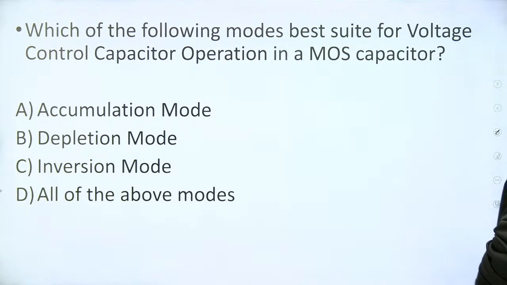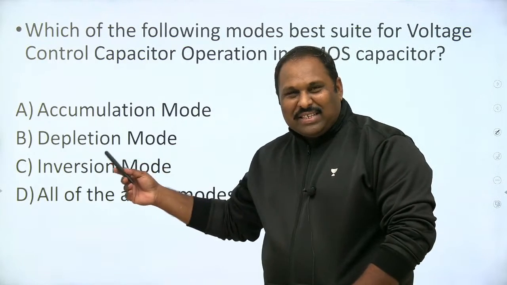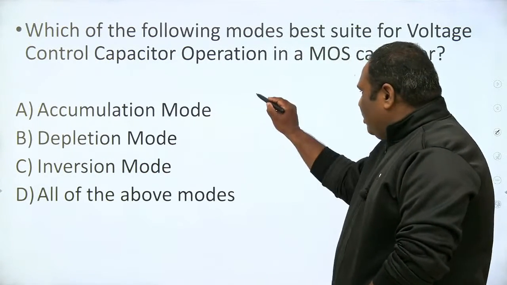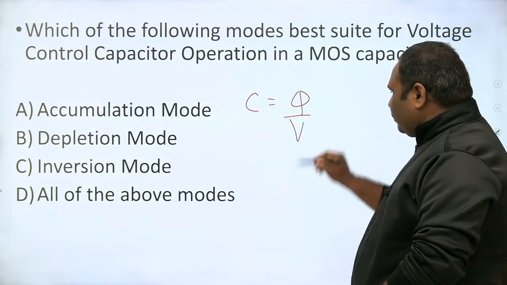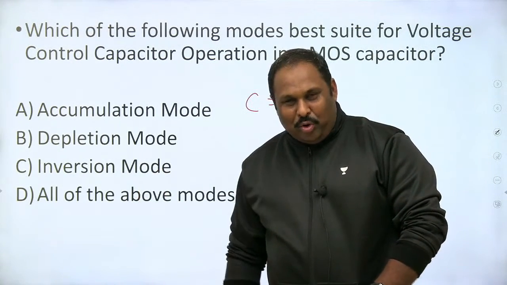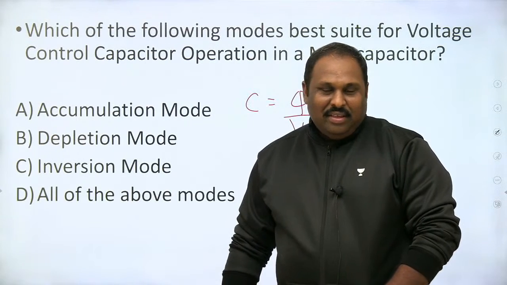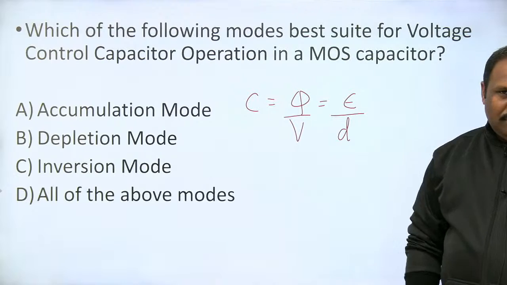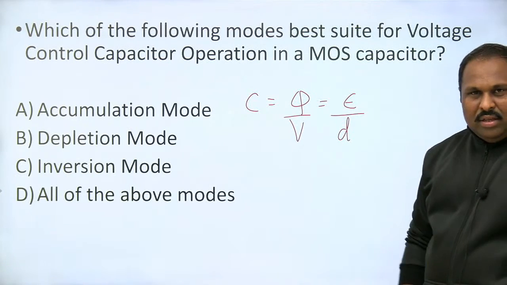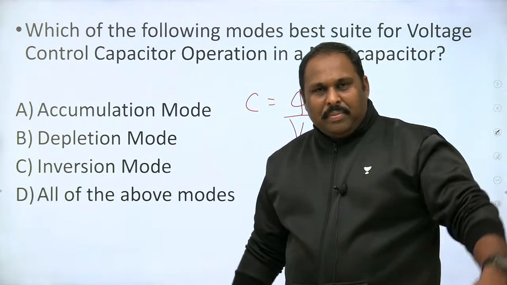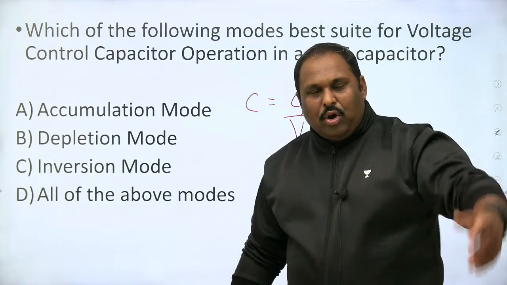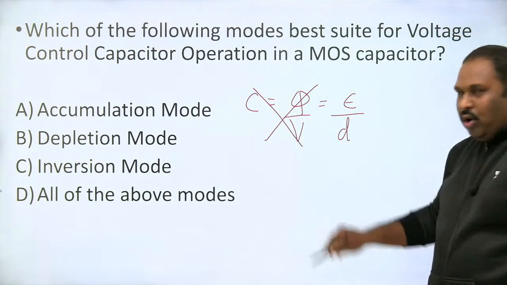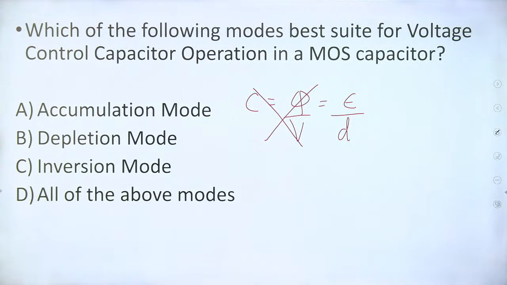सो कौन सी मोड में कैपेसिटेंस विल डिपेंड ऑन वोल्टेज? बिकॉज इट्स वेरी सिली टू से दैट C बीइंग Q by V, सर कैपेसिटेंस विल ऑलवेज डिपेंड ऑन वोल्टेज. ये गलत है. कैपेसिटेंस is also epsilon by d. So more than Q and V, Q will change when V is changing. So voltage double हो तो charge double होगा. So capacitance doesn't change. So you will never expect capacitance to depend on voltage in general conditions. Never it happens.